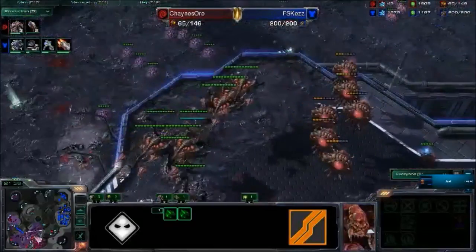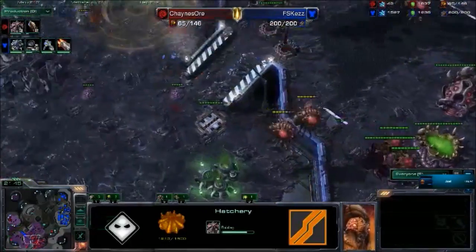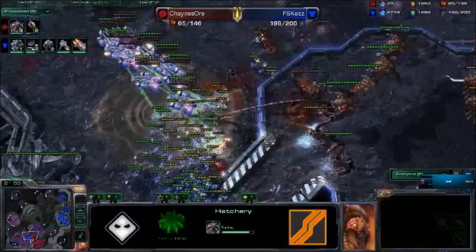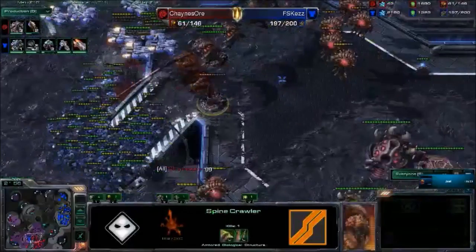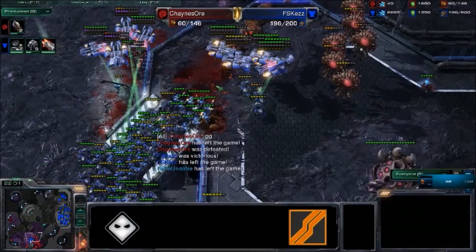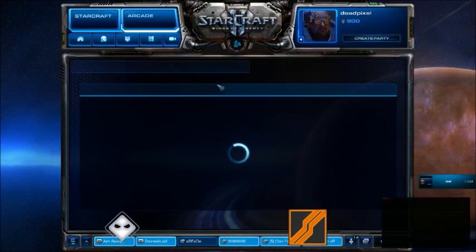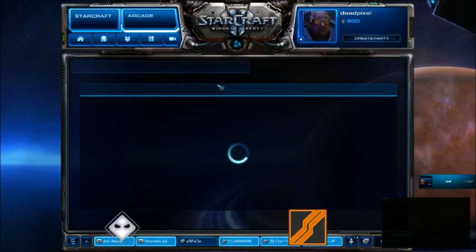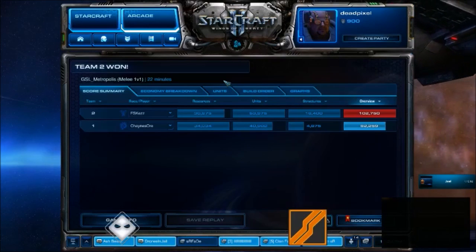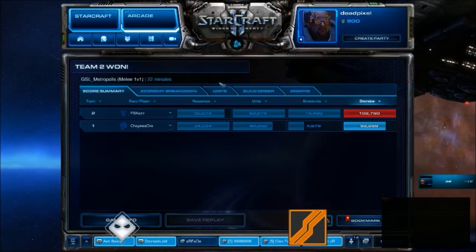So he's got all these broodlords. He's got a couple of macro hatches in the main, but yeah, down goes one broodlord. Spine crawlers are getting taken out. And GG. I think Chaynes got caught up because he killed the push, and so he started droning hard again to make more units. Yeah, he didn't really realize. I mean, that's what happens if it's tank marine, something like that, where you kill all the tanks, then yeah, the Terran does kind of have to wait for